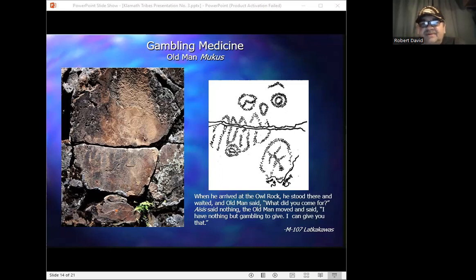Well, after days filled with these activities, the Owl Rock was said to move and then speak directly to the supplicant, granting him its power and giving him special instructions. And when the supplicant eventually awoke, he often found a newly made set of gambling sticks lying right beside him, thought to be a gift from the owl spirit. Apparently, this was a sign that the quest for gambling medicine had been successful. Now, in this slide, the owl created in the rock art appears to be looking at the viewer over its wing. If you notice, one of the eyes comes with a zigzag instead of an iris, located right here.